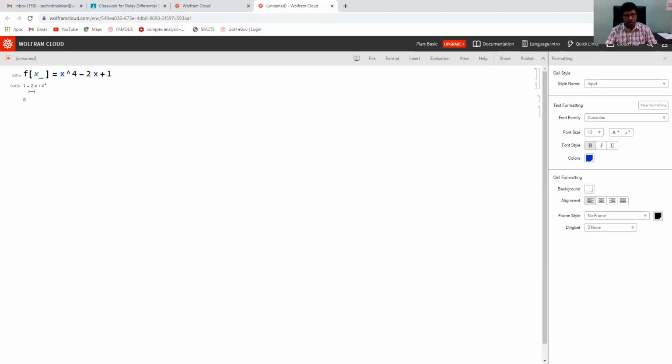Now how to execute these things? I'm going to use this function f, evaluating the function at different points.